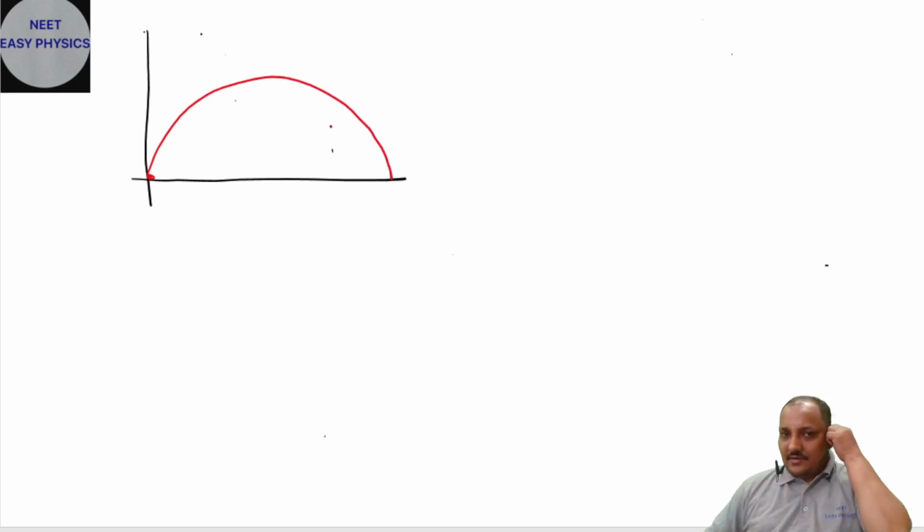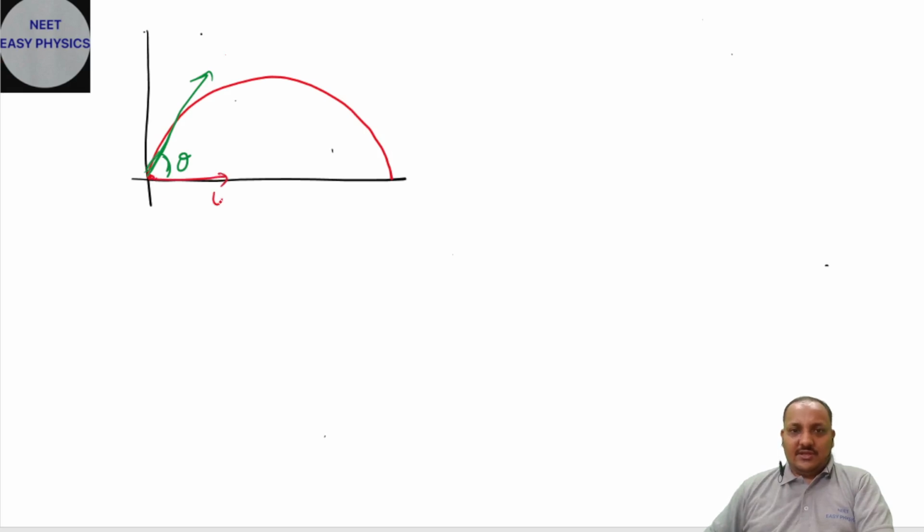We were discussing projectile motion. In projectile motion, what is the velocity after time of ascent, and what happens to the angle of projection? Angle of projection we are going to discuss, and the magnitude of change in velocity we are going to see today. So if you resolve this into two components,